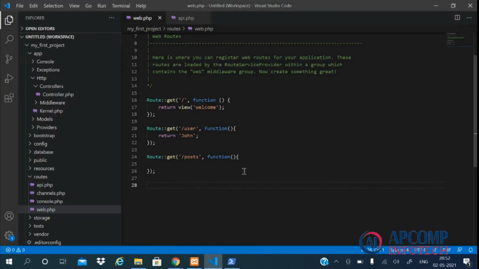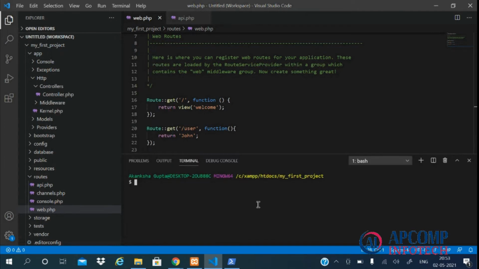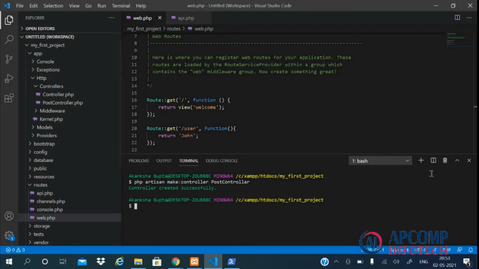Controller. So what if we want to use a controller's method for our route? For this, first we have to create a controller. So we'll be creating a controller. Let's call it PostController. So our controller is created successfully.